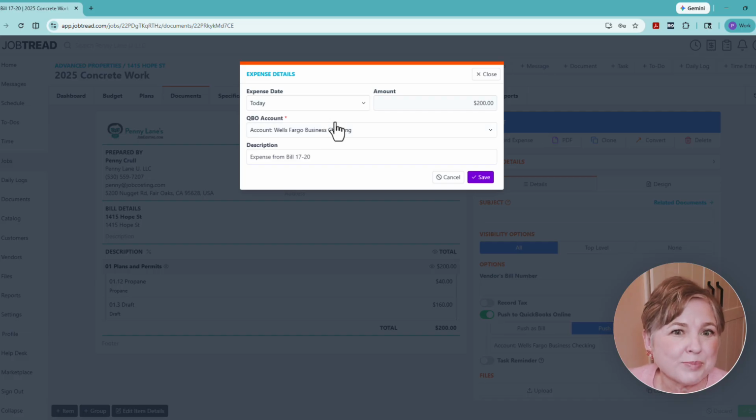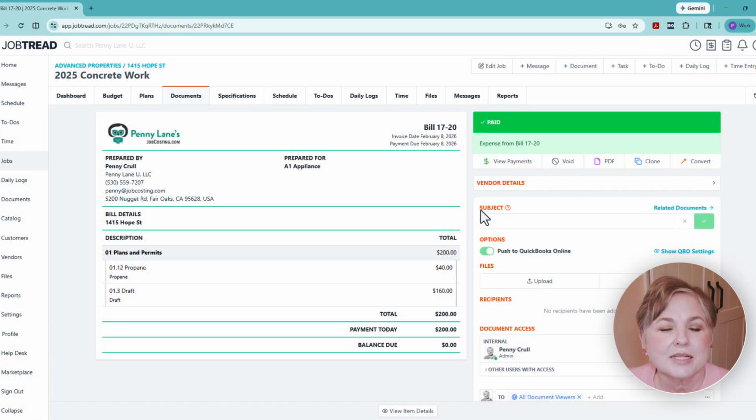And this is important because once I've saved a transaction in JobTread, it's really locked down. I can't edit anything about it. I can only delete and re-enter it. I can't edit the cost code or the payment account or the date. So this is a nice double check. So once I click this, this is going to show up as an expense coming out of that register